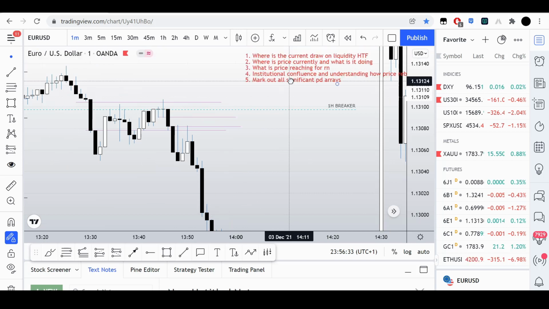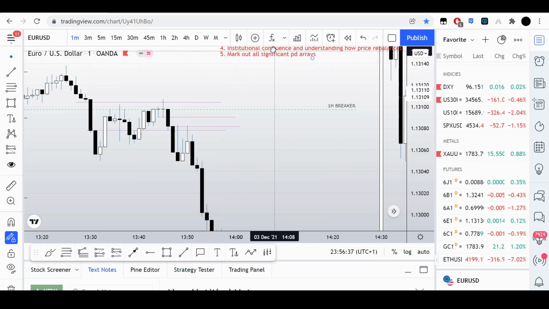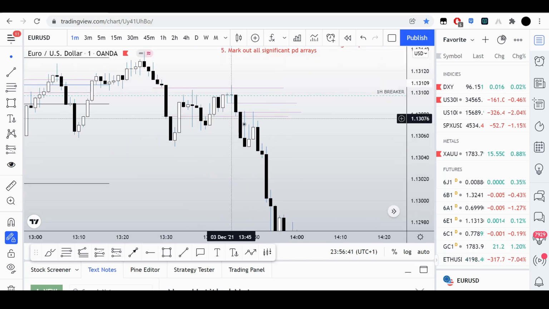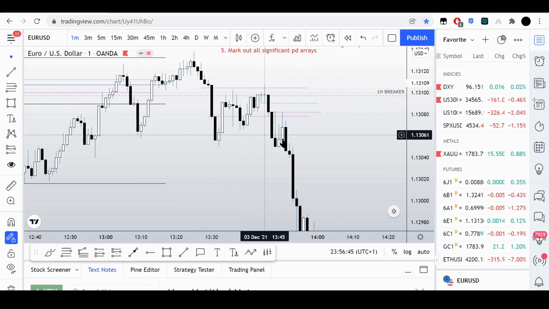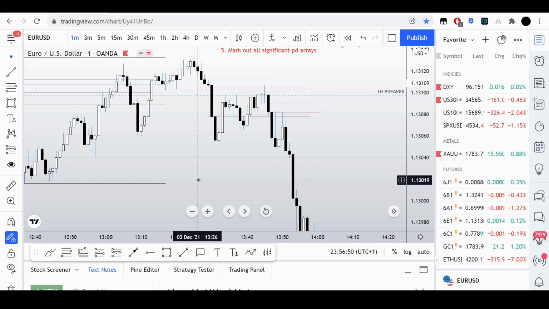So like I was saying, you have to understand how price rebalances, right? How do they like to rebalance price, right? And how do they do it? This is what they do. They don't come up to your order block all the time. When price is trying to get to its draw, this is what it does. Okay,